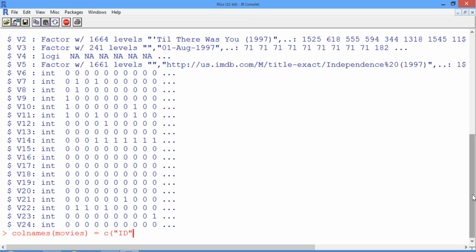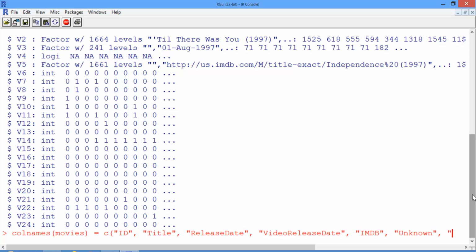So first we have ID, the ID of the movie, then title, release date, video release date, IMDb,